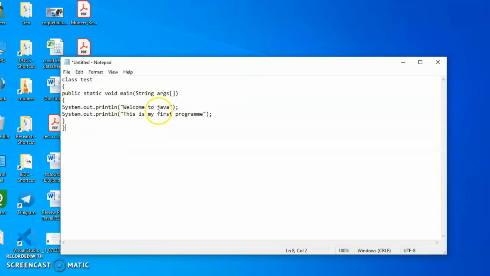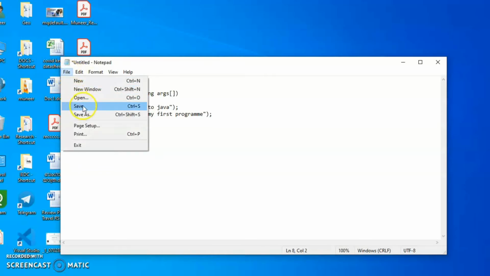This is the code we have written here. So class Test. Class is the most important feature of object-oriented programming. Now we need to remember one thing, that the program should be saved with the name of the class. The name of the class is Test here. So your program should be saved as Test. Being a Java file, the extension should be .java. So your program should be saved as Test.java. The name of the class should be the name of the program.